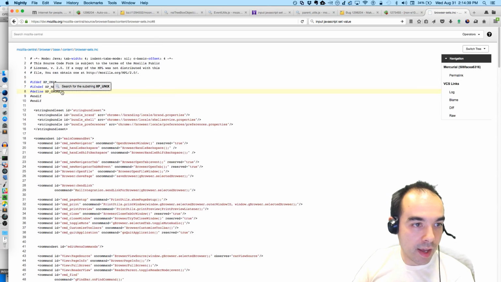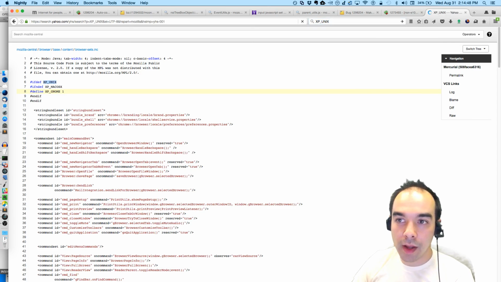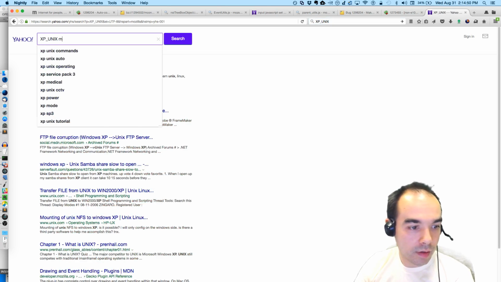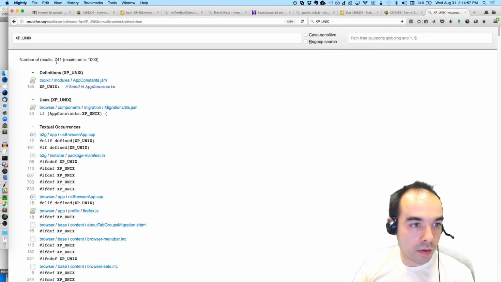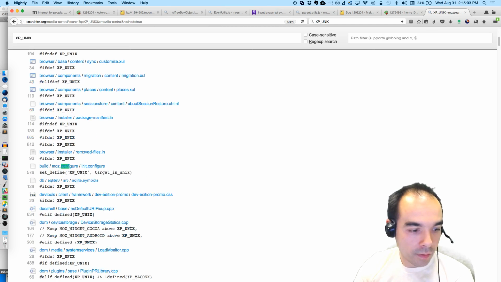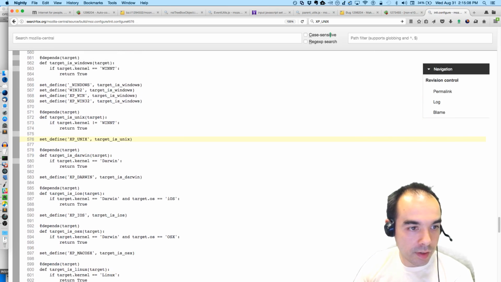If Unix and not OS X, then okay. So XP_UNIX is the equivalent of Mac OS X and GNOME. XP_UNIX, I think. Configure. Target is Unix if the kernel is not WinNT.